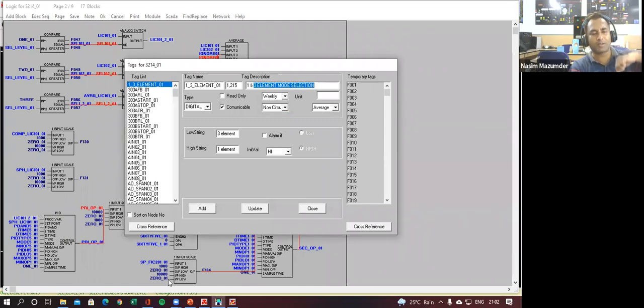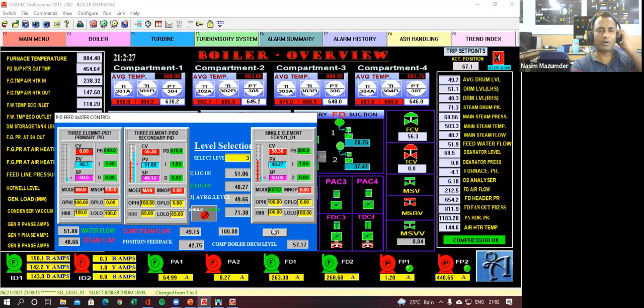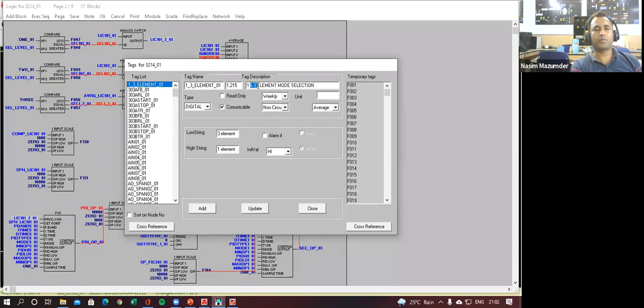Now I have to go once again to my SCADA page. What is 1 and 3? See here, there is a switch, single element, 3 element. If it is single element or 3 element, this is your 1 or 3, single or 3 element mode selection.